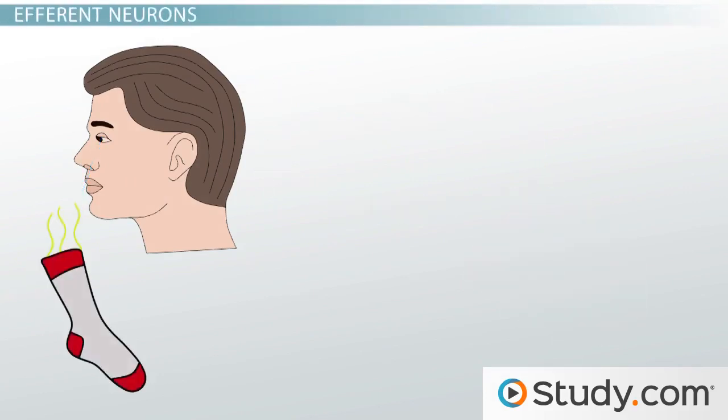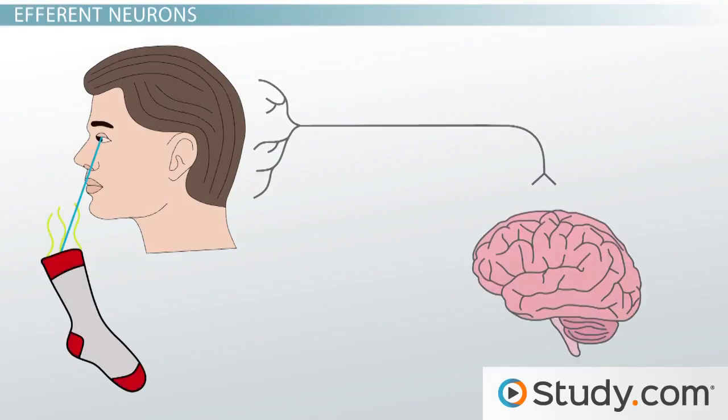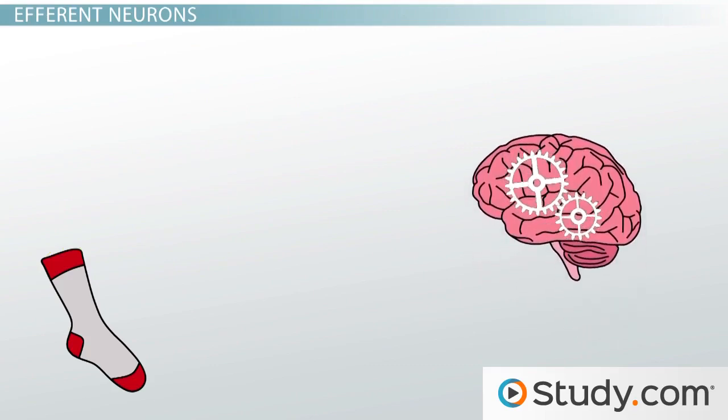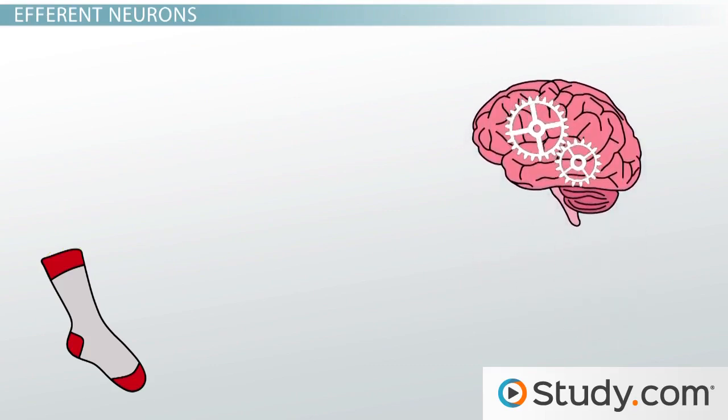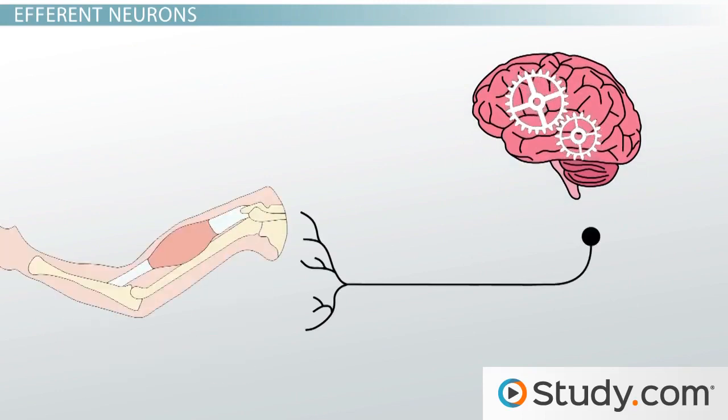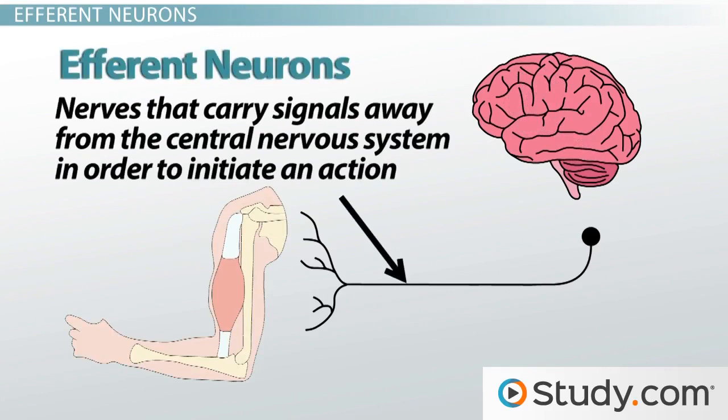Once you smelled the sock and visualized where it was located, it was time to get rid of it as quickly as possible. Your brain was able to process the sight and smell of the sock. Once it was in your sights, it initiated several signals which let your muscles know that you should walk over to the couch, pick up the sock, and throw the sock as far away as possible. The nerves that carry signals away from the central nervous system in order to initiate an action are called efferent